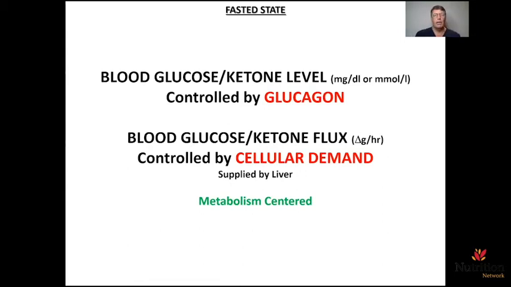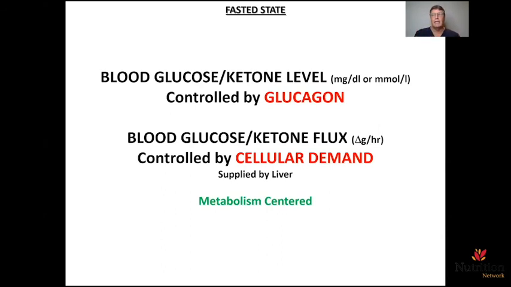So when we're looking at what the liver supplies, and this is in the fasted state, the blood glucose and ketone concentration in the blood is one aspect. What is that number? And that number is very tightly controlled. And in the fasted state, it is controlled by the hormone glucagon. Now, the other part that most people don't pay attention to, because we always measure blood sugar and ketone levels, and we stick our fingers and we check what those...